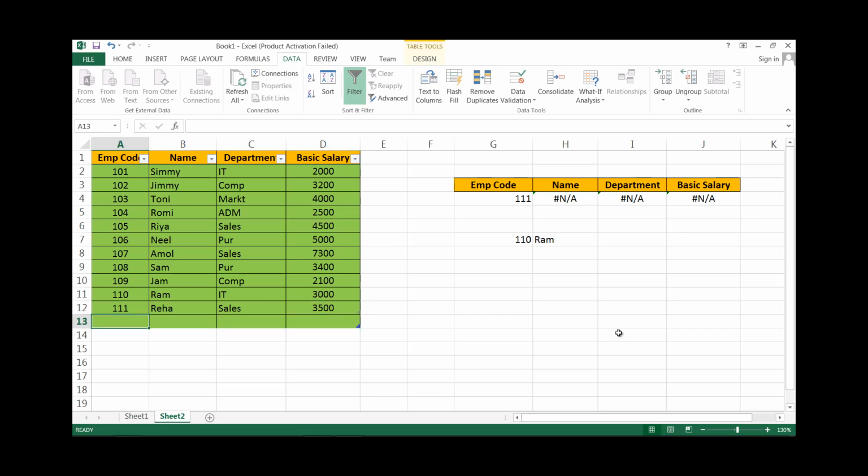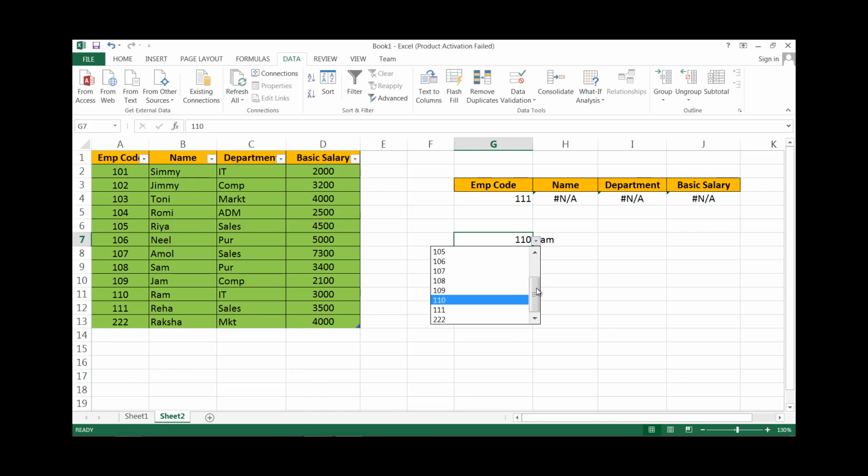Suppose I put one more record. Okay, let us see what happened. Now this list gets updated as well as this record, this VLOOKUP is also updated. Like this, if you format your data as a table, then it will directly update the given list and given formula.